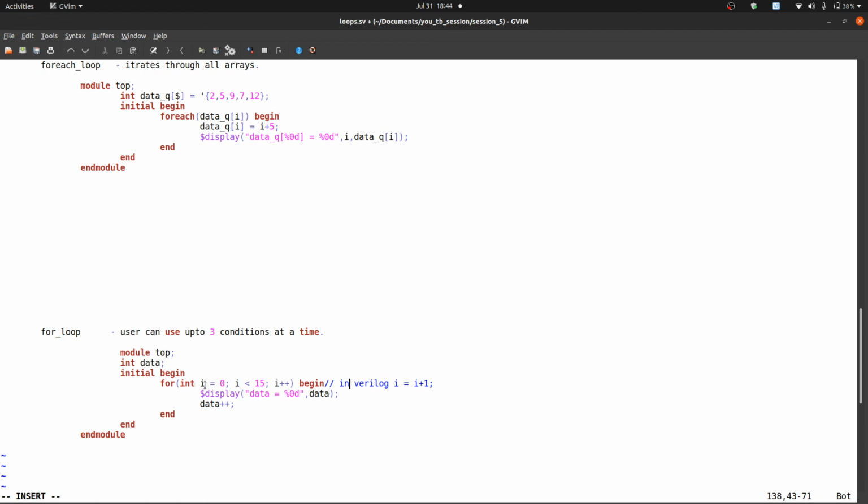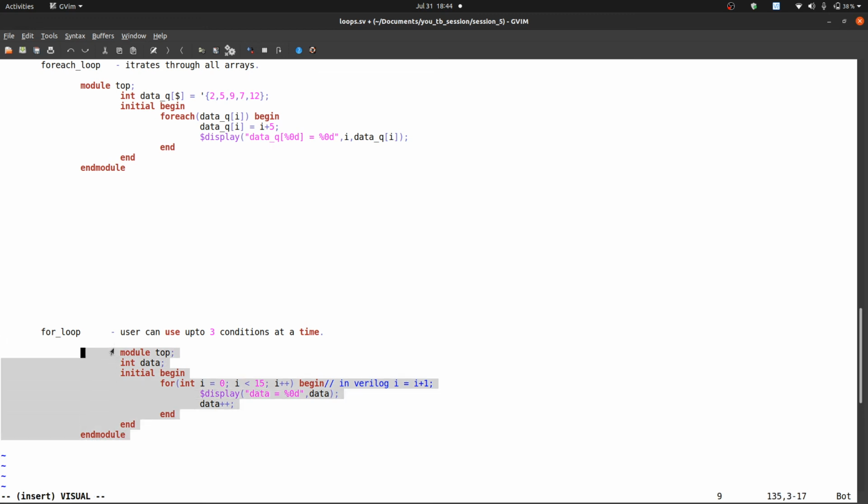Also in SystemVerilog there is flexibility, we can declare the i over here as int type or bit type as you want, but in Verilog you should declare it before, right? And after that we put some display statement and data plus plus. That means data is incremented by plus 1.